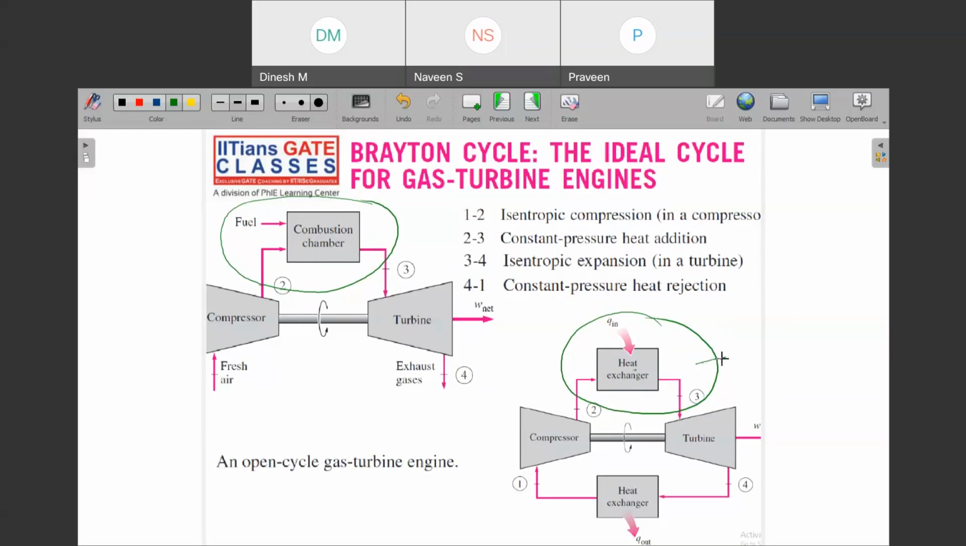Can we see that this has been replaced with the heat exchanger? So this is the basic difference between these two. Why is this? Because we are adding heat with the help of fuel directly here, and there with the help of a heat exchanger. So the basic difference is that